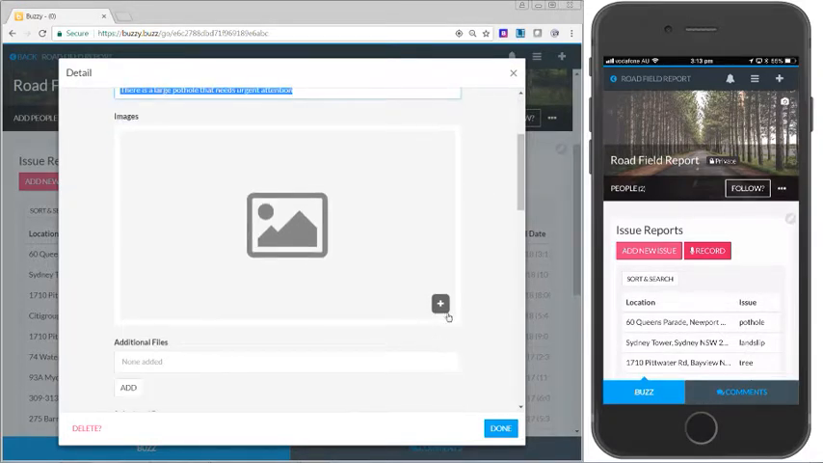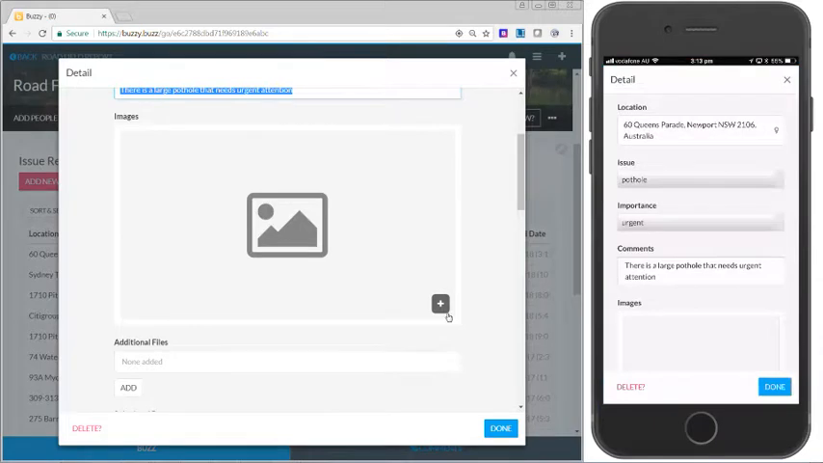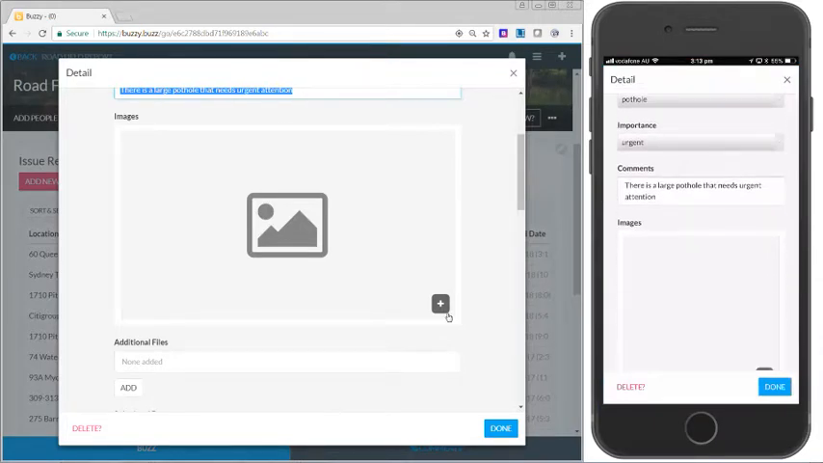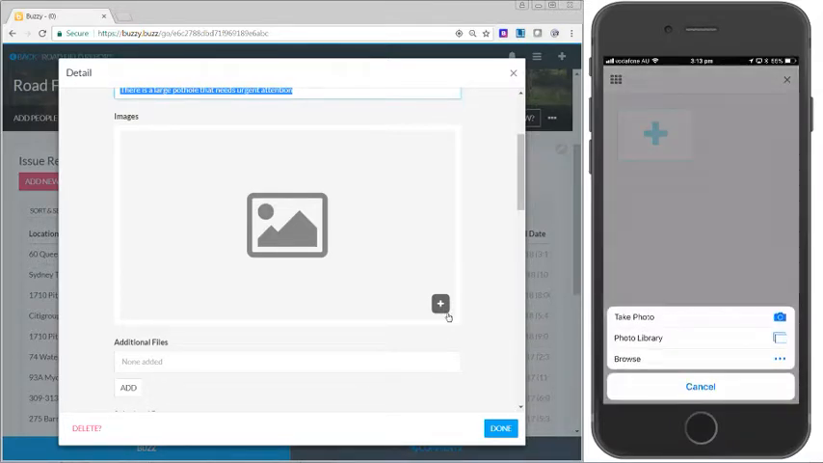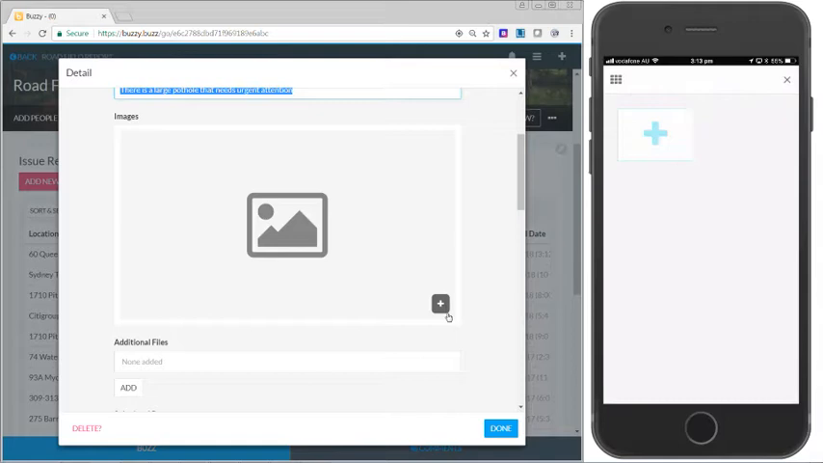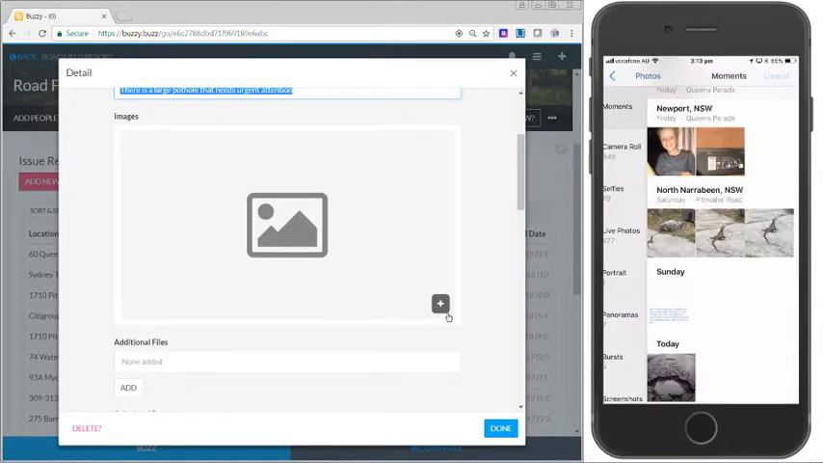So to illustrate that, I'm going to go back to my remote field workers app and add a photo. So here we can see there's an area to upload images. Either I can use my camera to take a new photo, or I can look at my photo library to associate one that I've already taken